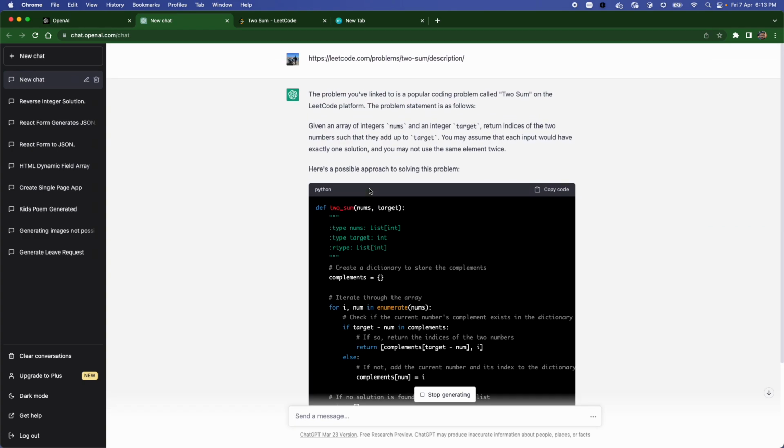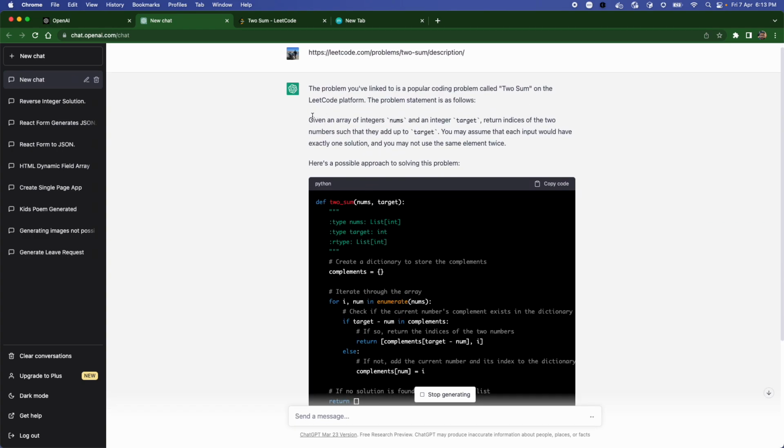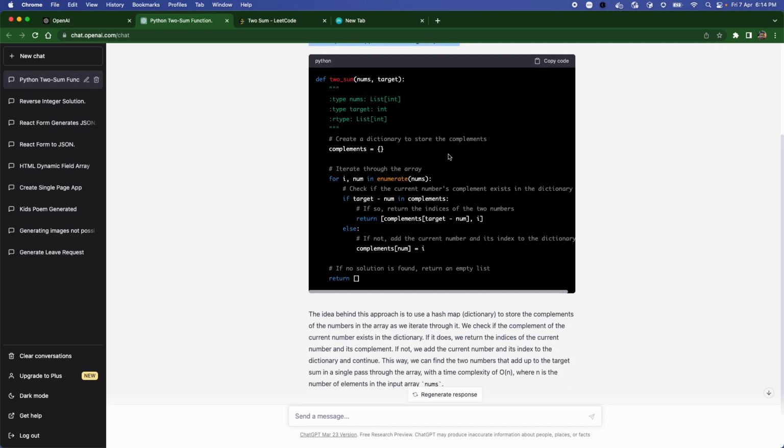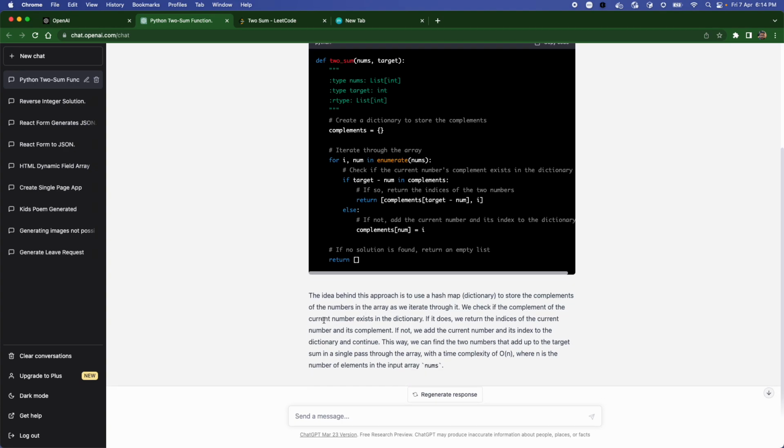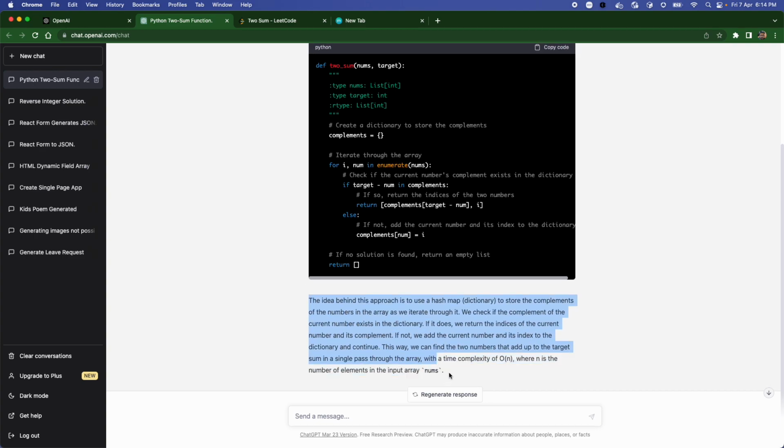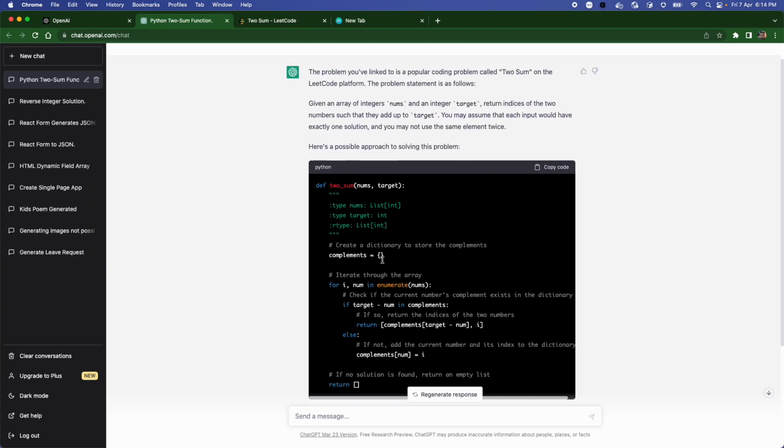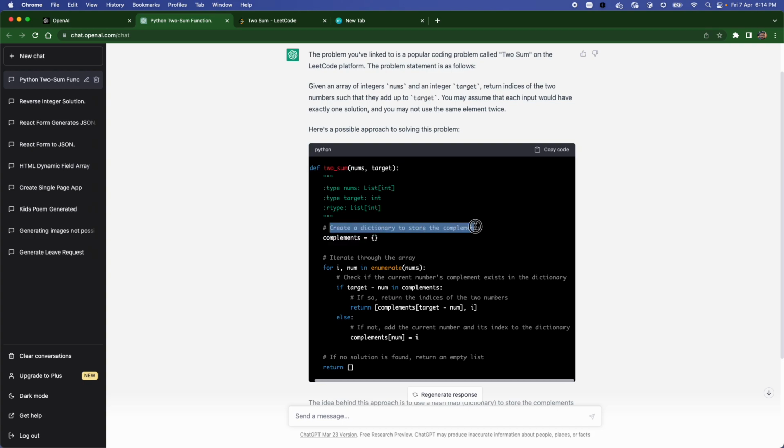It found out what the problem is. It gives you an explanation of what is expected of the problem. Then it starts writing the code in Python. After that, it does not stop there. It explains everything that it has done in solving this problem, as well as giving comments in the code.